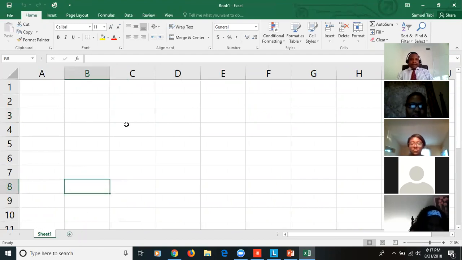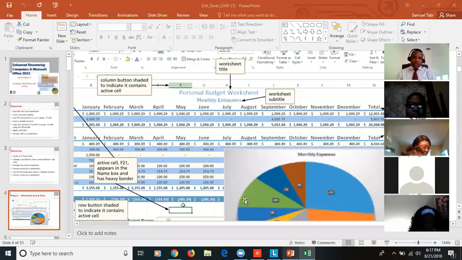Okay, and another thing which we can do with a spreadsheet, of course, is performing calculations. Every time you're going to perform a calculation within a spreadsheet, you're required to start with an equal sign, and I'll be demonstrating that shortly. Now, the other features of Excel, we'll get to see once we get into creating this chart